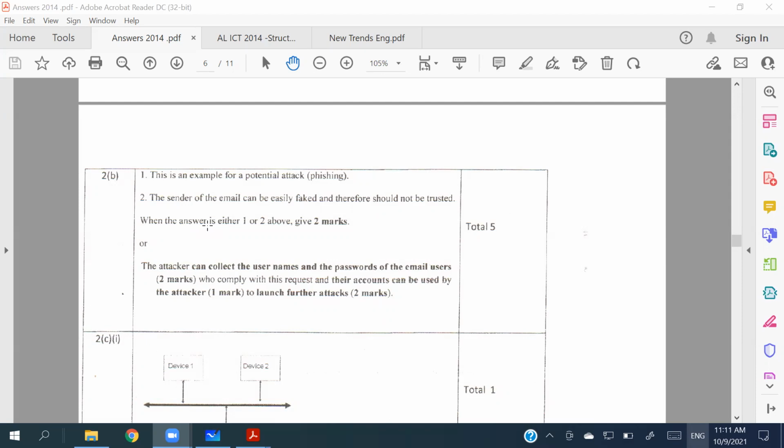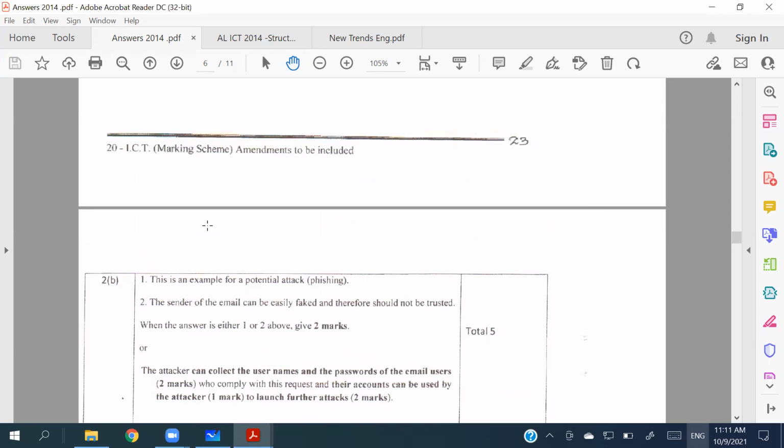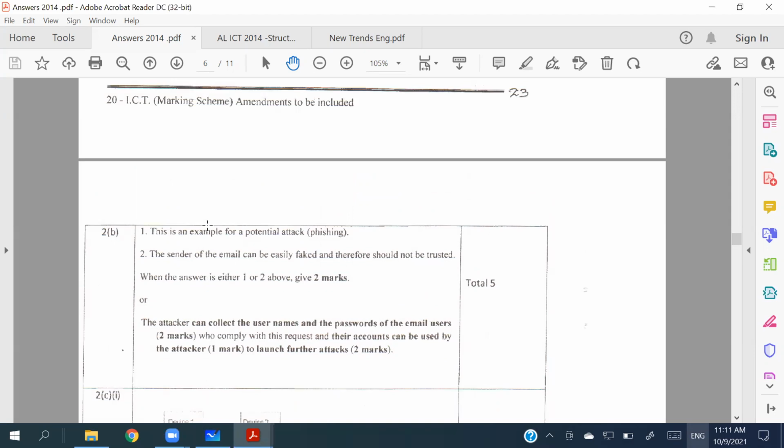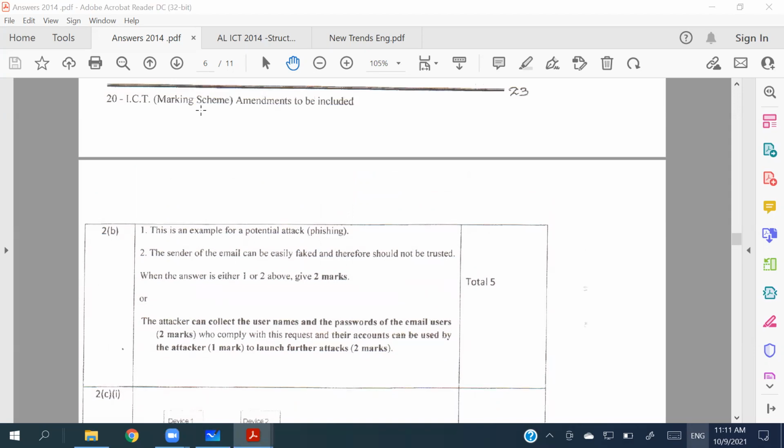And regarding further attacks, actually I doubted whether the lecturers would consider it, but they have considered it as a considerable point, so learn that, right? When an attack is done, the details we have can be used in further attacks, right? So they have given you 5 marks altogether.